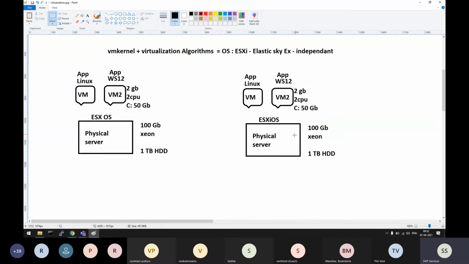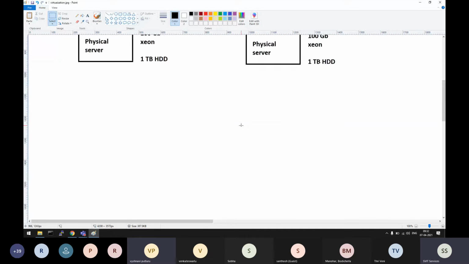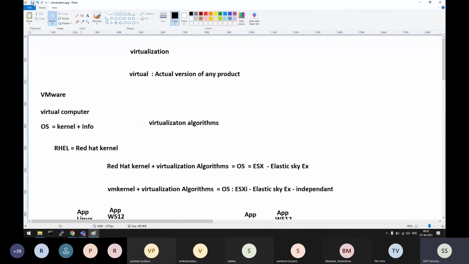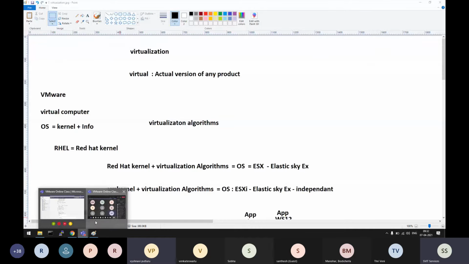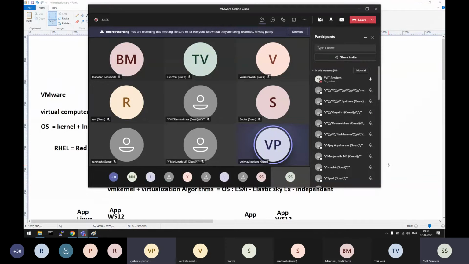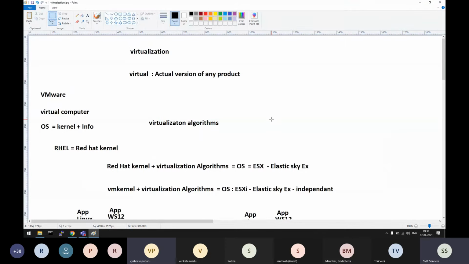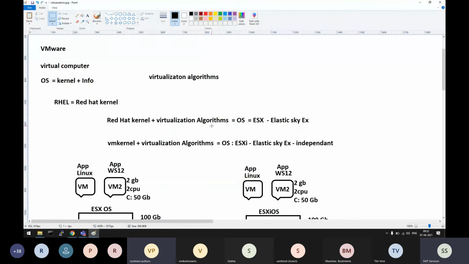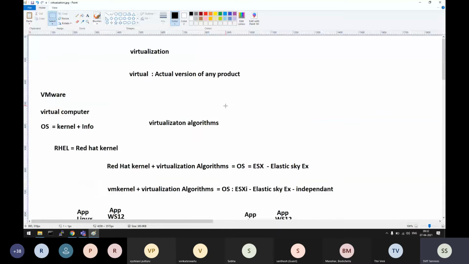Sir, any other questions? Sir, what is the main purpose of VMware? Okay, so it is to reduce a company's investment on the infrastructure and gain the same profit as they were running in the traditional days.